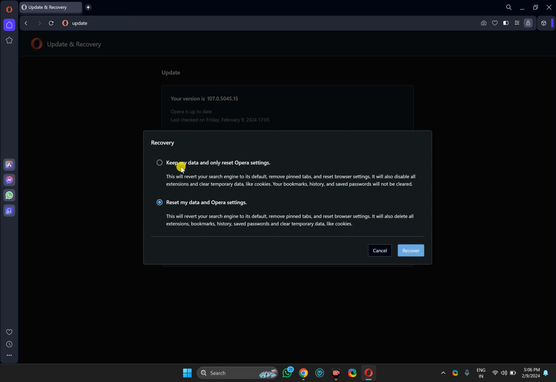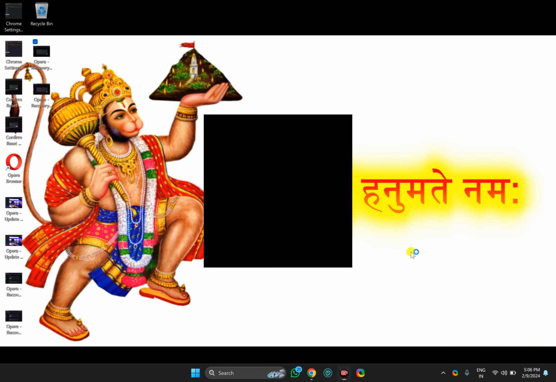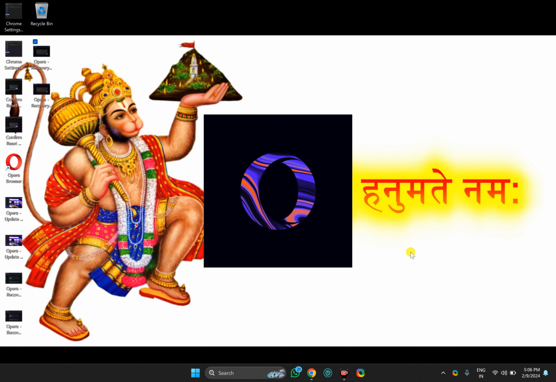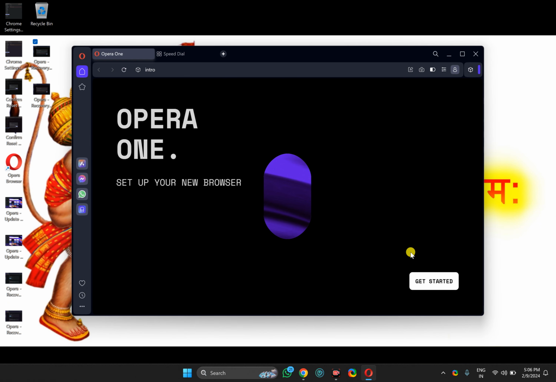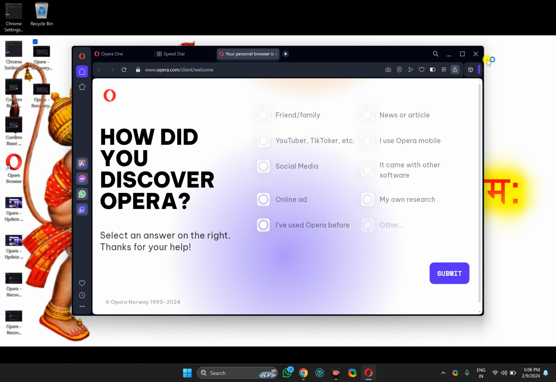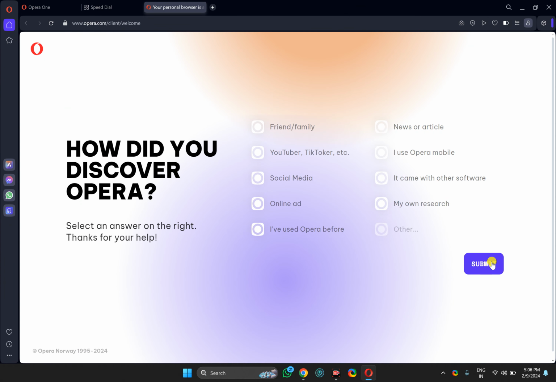In case the first option does not solve your issue, you can select this second option and click on this recover button. Opera browser will restart and you have to set it up again with your personal data, whatever you want.